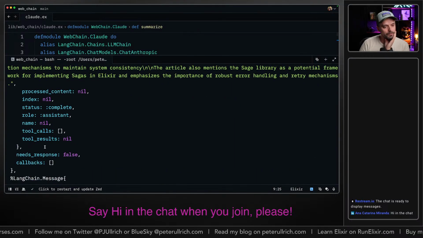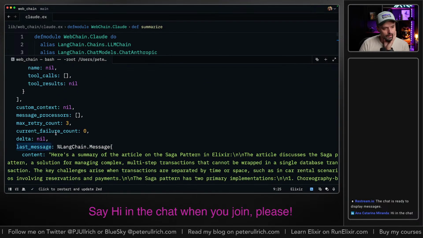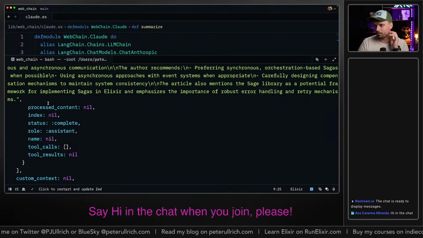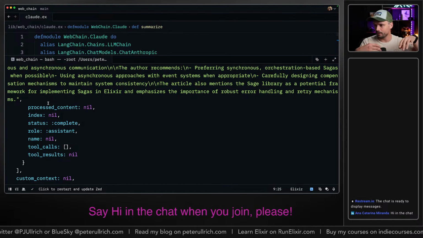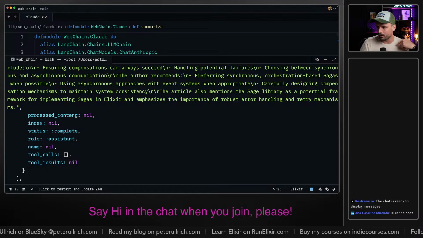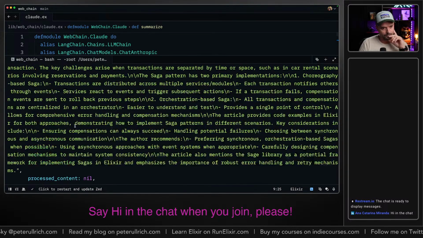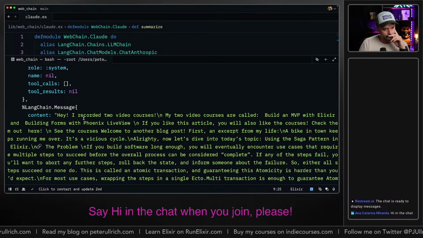And we got our updated chain. And yeah, this one has the last message. Okay, yeah, that's proper FP, you know, where you return the chain after you execute the function. So you return the latest state, and then you can keep it in a GenServer or something. And if I would now ask another question, we could use the same chain and just add another message to that chain. So that's pretty cool.